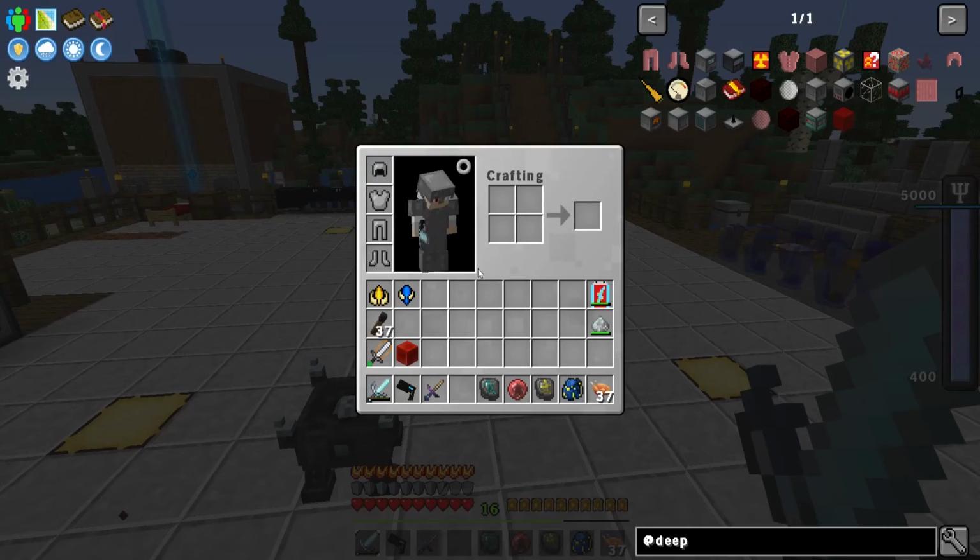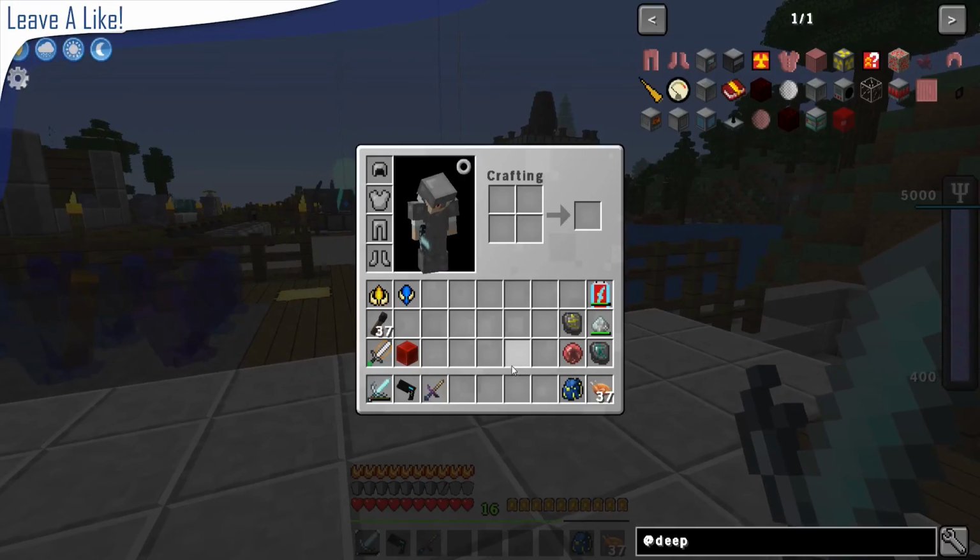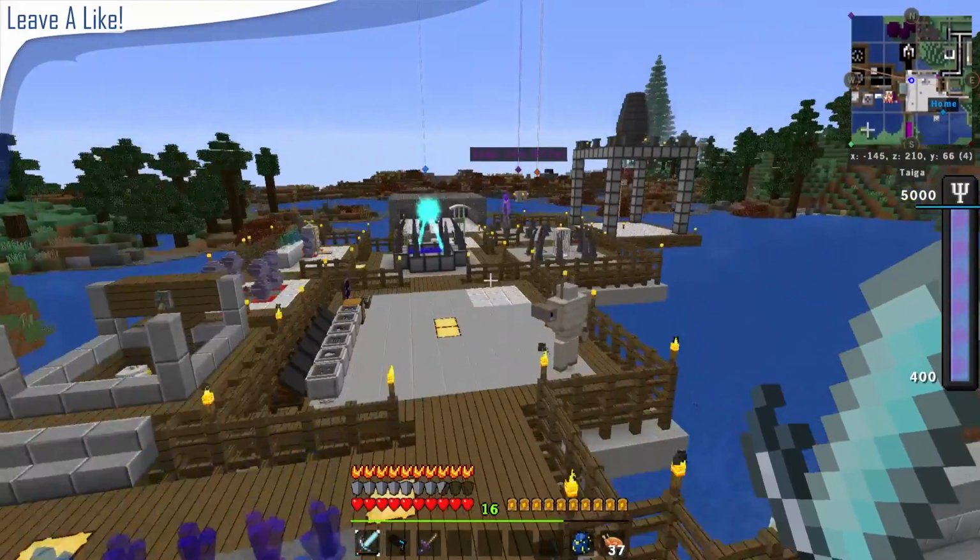But for now, we were working on blood magic, and I think we're going to continue with blood magic a little bit. We're going to see if we can't get our altar up to the next tier. The first thing we need to do, though, is go ahead and get our next blood orb, because if you